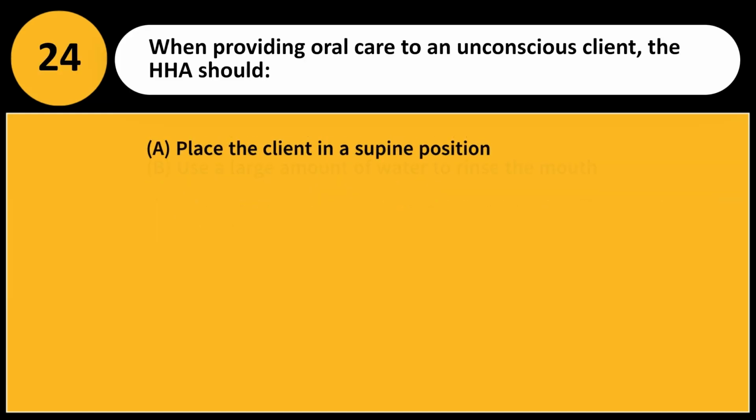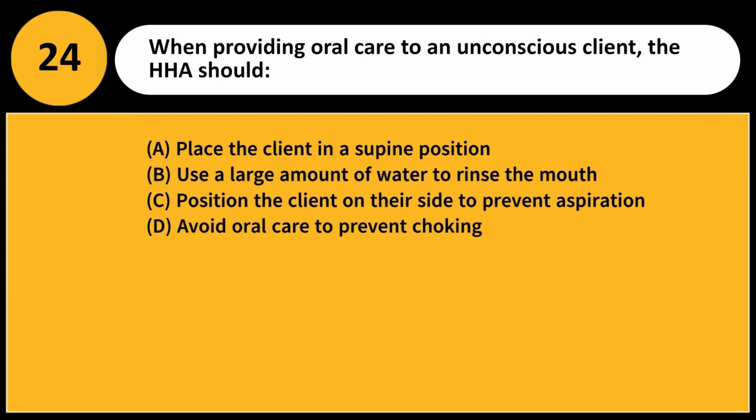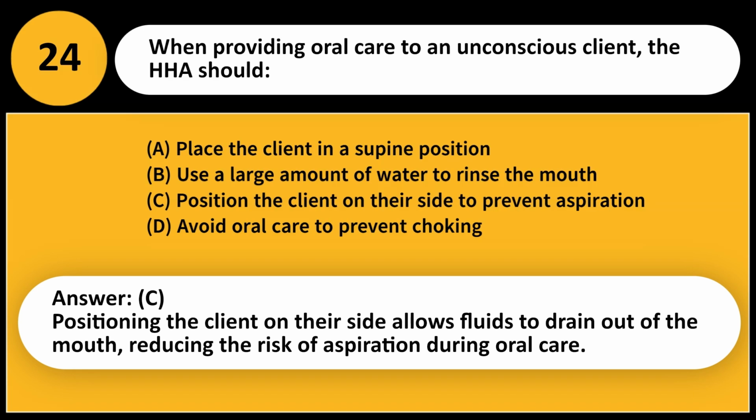When providing oral care to an unconscious client, the HHA should A. Place the client in a supine position. B. Use a large amount of water to rinse the mouth. C. Position the client on their side to prevent aspiration. D. Avoid oral care to prevent choking. Answer: C. Positioning the client on their side allows fluids to drain out of the mouth, reducing the risk of